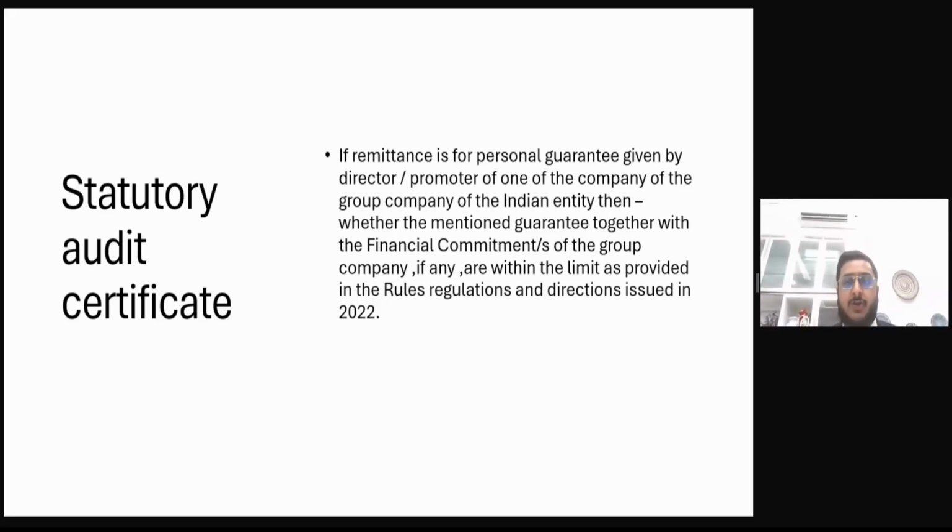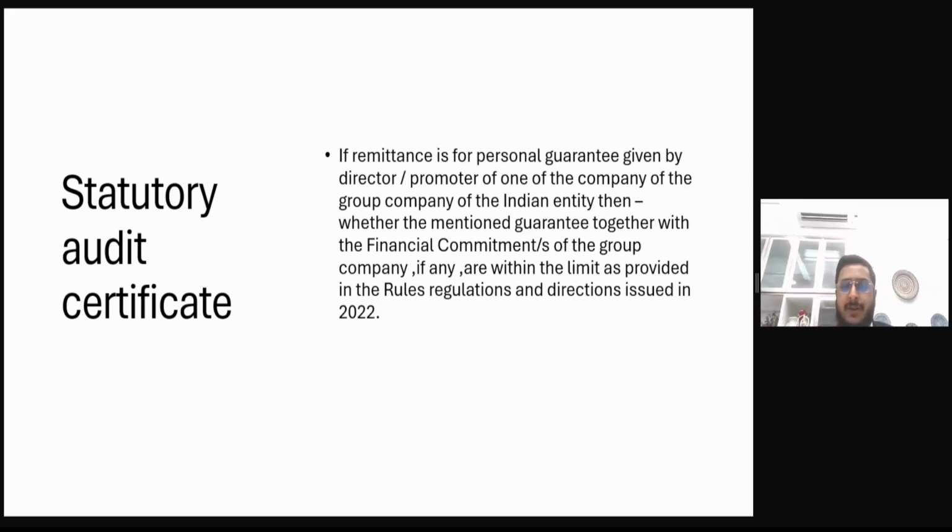issued by the RBI. So, as I said, a lot of the time what happens is that an Indian entity has made an ODI investment. Now, when he's made an ODI investment, this foreign entity might have a foreign loan, and that foreign bank might insist on a personal guarantee from the director or promoter of the holding company, which is the Indian company. So if that guarantee is being given by the Indian promoter or the director for that company, it should be within the limit and within the rules and regulations for the ODI and the